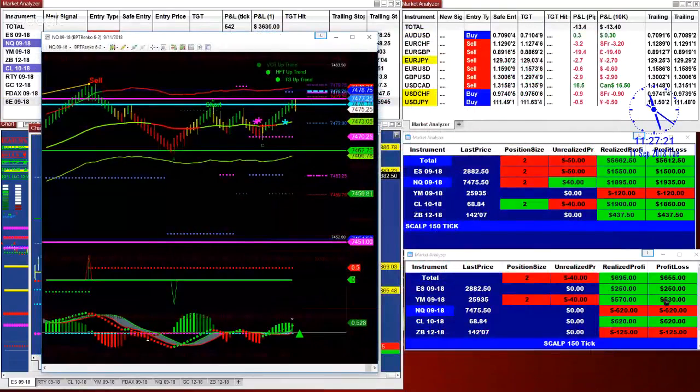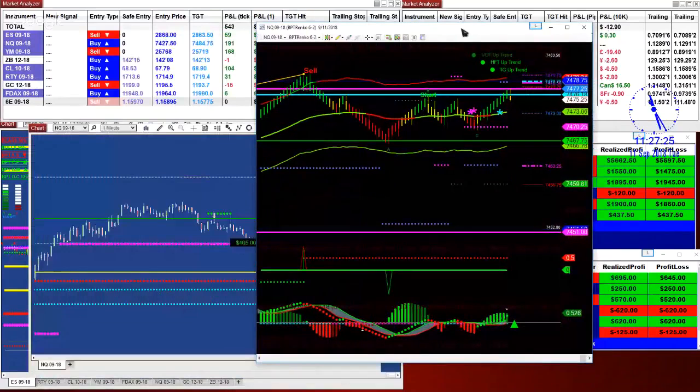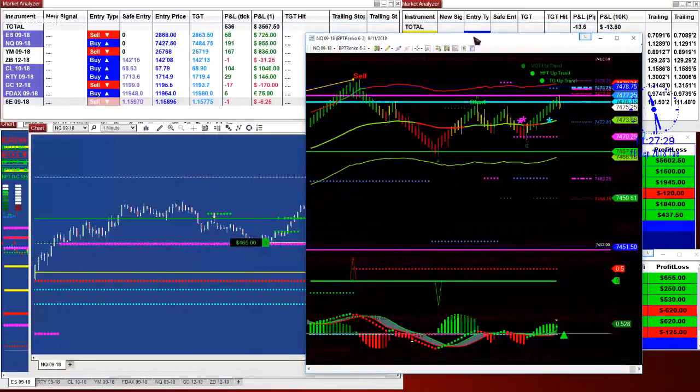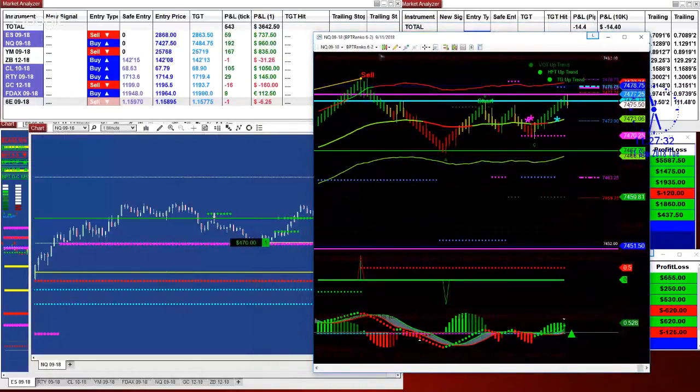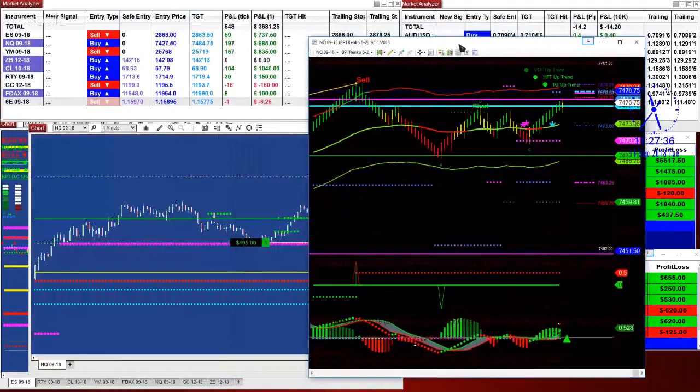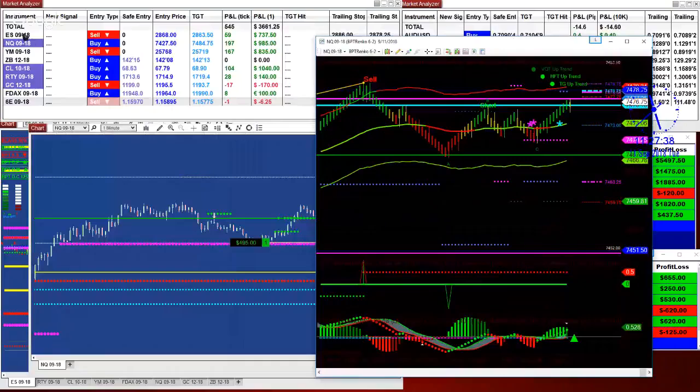Okay, so right now this auto trade is eating banana. It's not doing well. You're welcome to trade it. But here we are doing very fine. We have 540 on the total. Those are all good numbers, especially for the guys who have a low account. I strongly recommend to take one trade ES, one trade Nasdaq, one trade YM. Whether you want to take it manual or auto trade, it will be the same numbers.